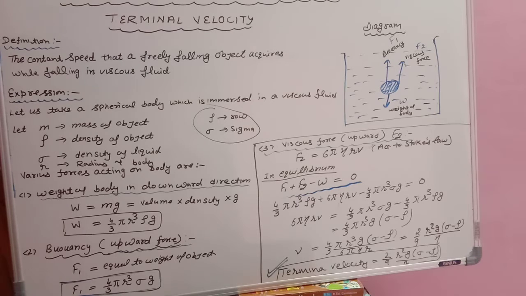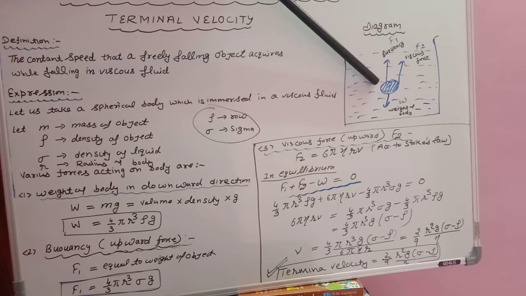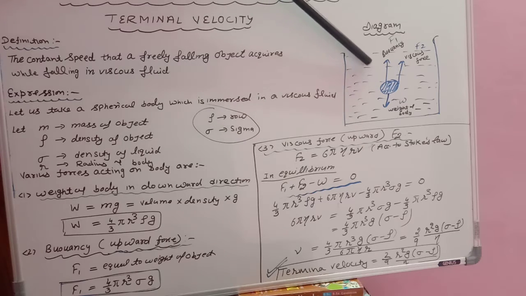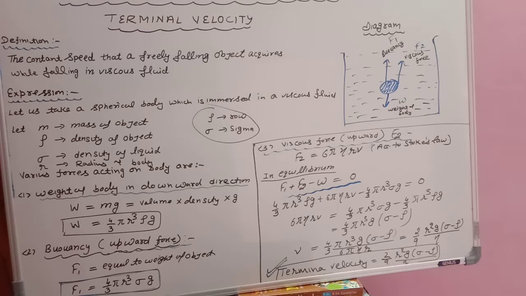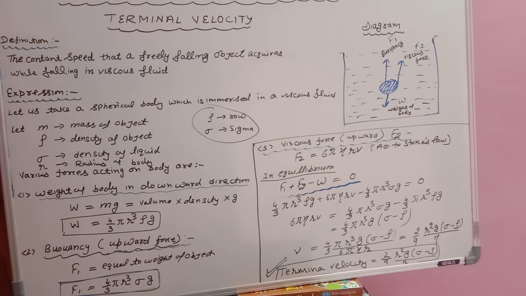Okay, so what are the various forces which are acting on the object? You can see here the various forces which are acting on the object. One is the weight of the body, which is in the downward direction. Second is the force of buoyancy. You have studied in your lower standards as well that the liquid applies a force in the upward direction. We call that buoyancy. Okay, buoyant force. The name is buoyant force, and this whole phenomenon is known as buoyancy. Or you can call it the force due to buoyancy also. Next is the viscous force. Viscous force we have studied in Stokes' law.